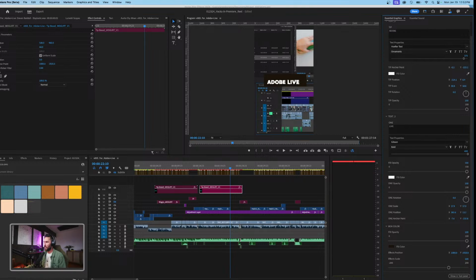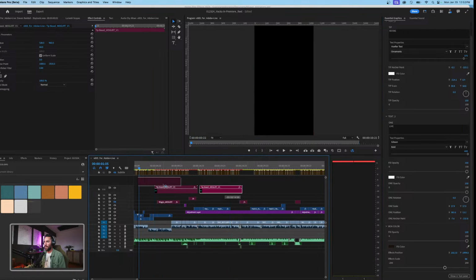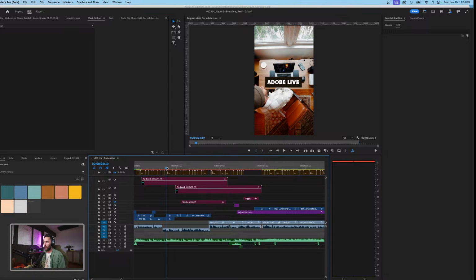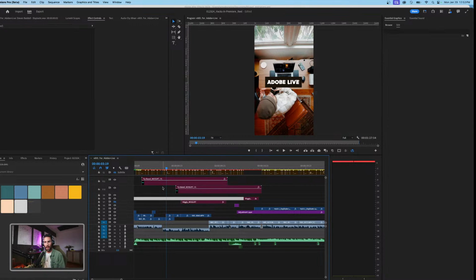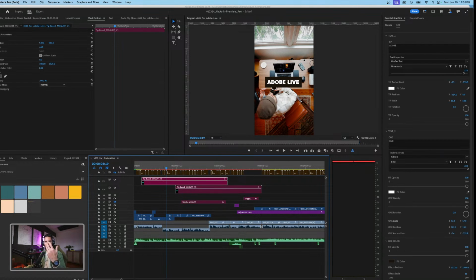Okay, so let's say we're happy with this. I actually want to take the position of my box here, and I want to take the scale down because now we have maybe a smaller title. All right, so here's my property. And let's say I want to drag it up here in the beginning. Okay, that looks pretty cool. And I want to make this smaller. Rather than coming in here and making every single one of these smaller, we now have the same global parameters inside of our graphics window that we would on any other layer. So you can just come in here, and now this adjusts the scale and the position to this mogrt globally, and you can continue to update it as you need